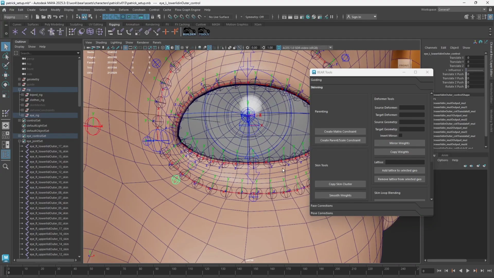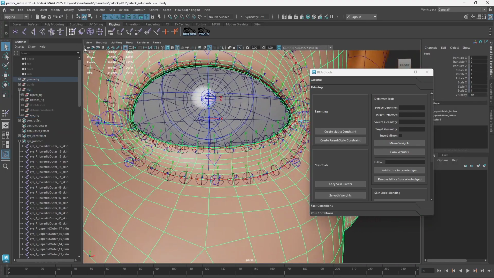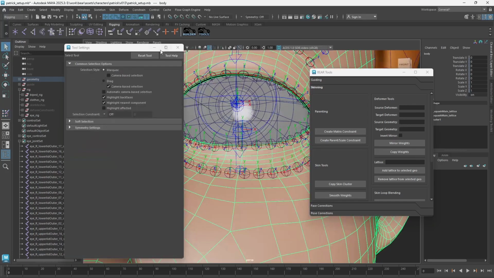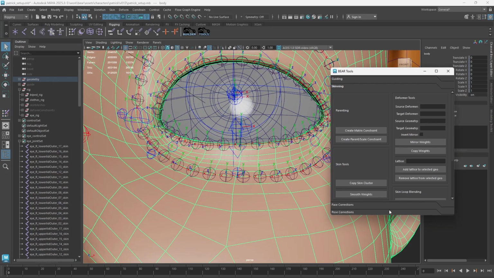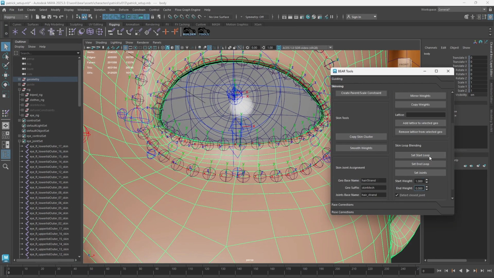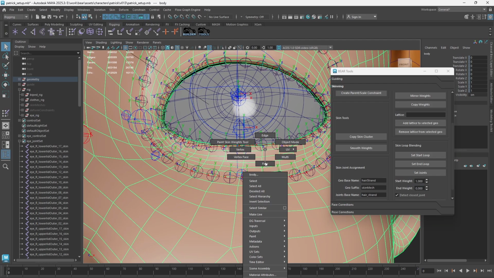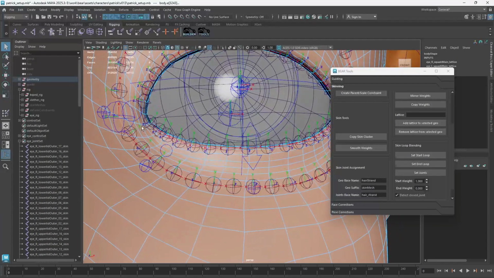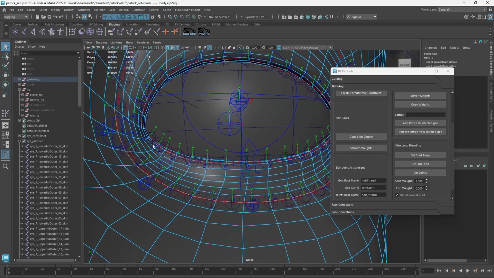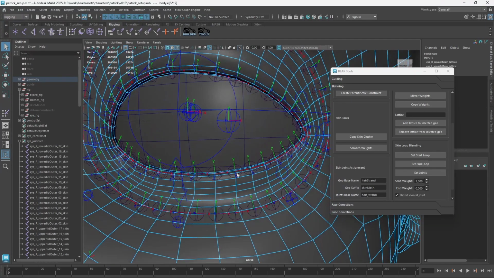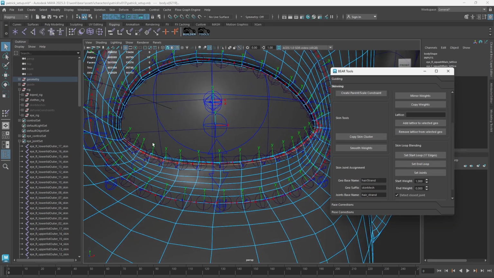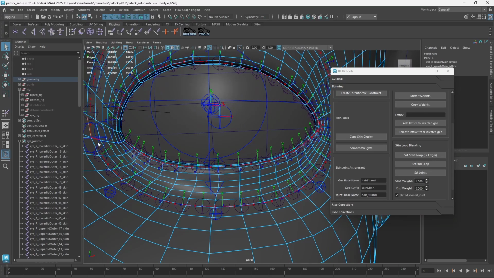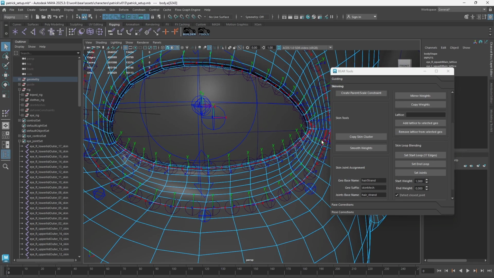Yeah, these joints don't seem to have any influence. So let's just go ahead and continue with the skin weight blending. So again, select this edge loop, set start loop, set end loop,